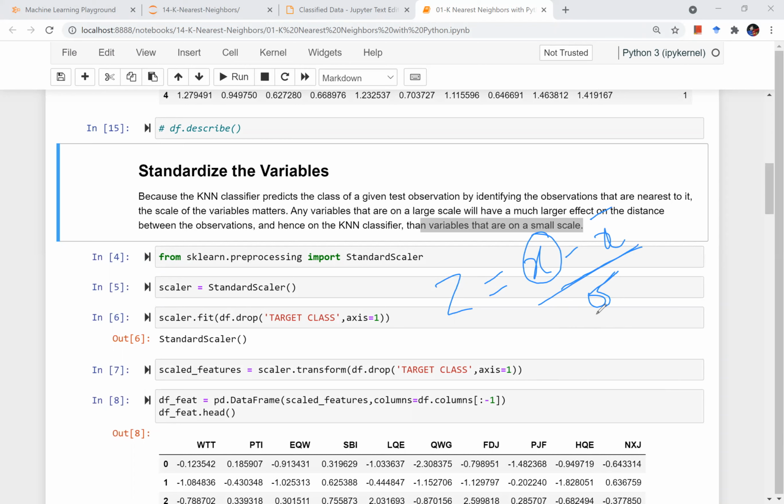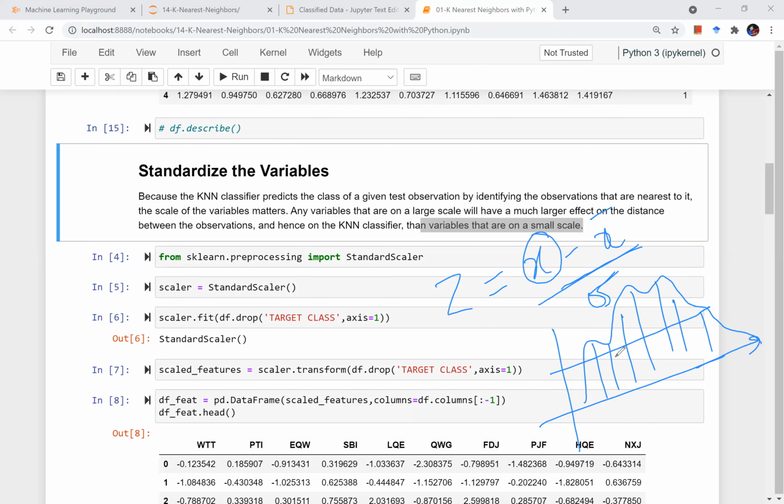So if I'm talking about any column, suppose these are my different values of a single column. My mean will be somewhere here, so I will subtract that mean. So my new plot will look like this, right? My values are coming close to here, and I'm dividing it by the standard deviation, right?